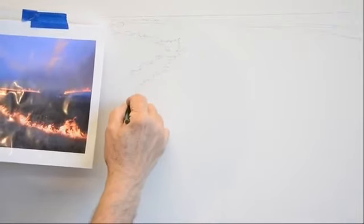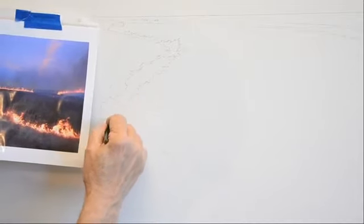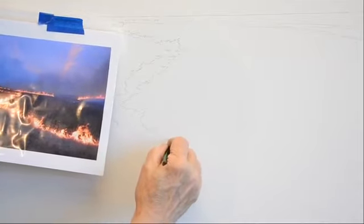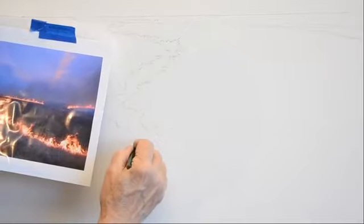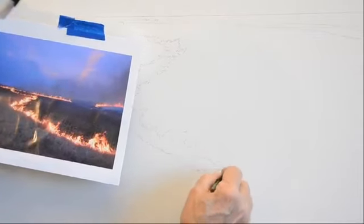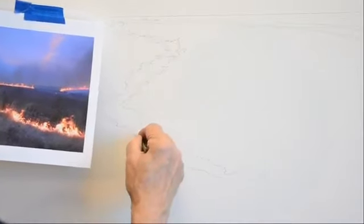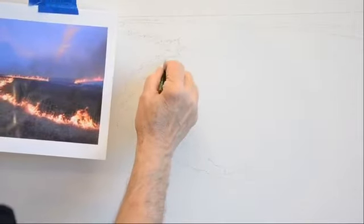So I'm going to work down through here, drawing in where I see the flames. As they get more detail toward the lower part of the painting, where it's actually closer, I'm just going to start putting in the grasses and more detail. Once I have this graphite in, I'll spray it with a spray fixative, which will fix this,